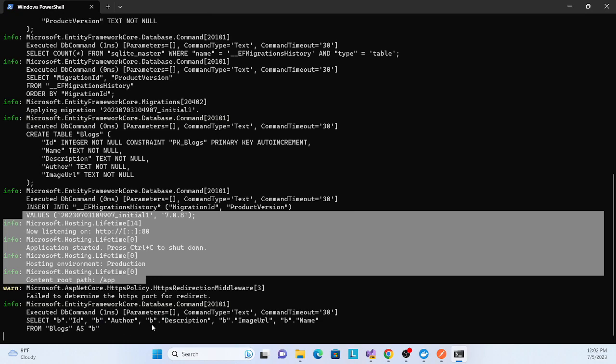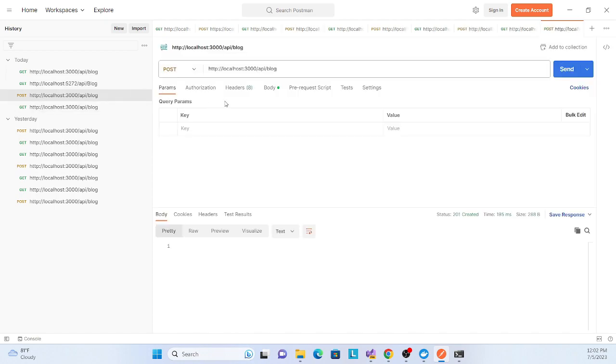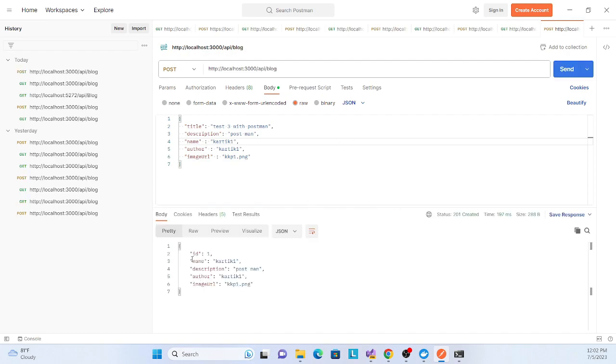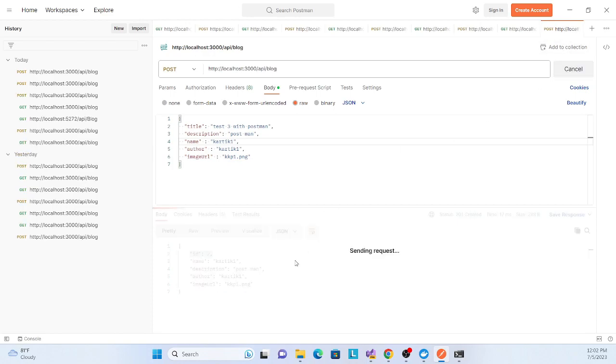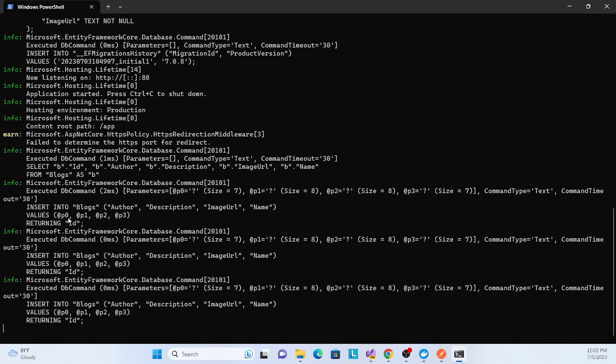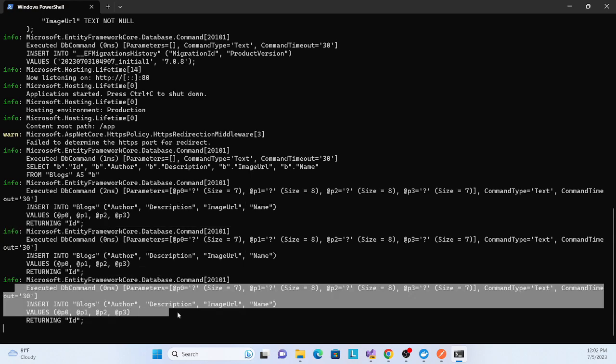So what I can do, also, you will see the log of whatever request you send to your container. So let me post some data using Postman. There is one POST endpoint: API block and then post and our data. Once you hit it, this is created. Hit again, two is also created. Three is also created. Let me check the terminal. Whatever I sent, see, everything is created, like an insert command. See, this is an insert command, this is an insert command, this is an insert command.